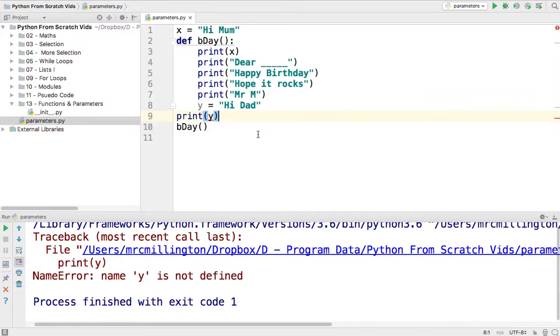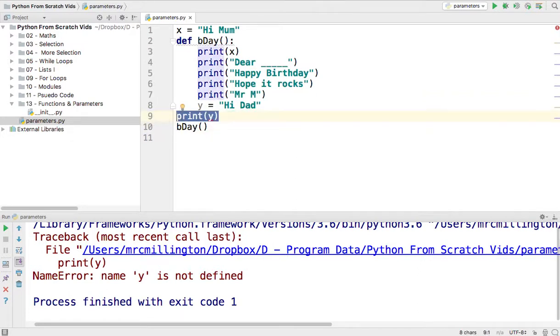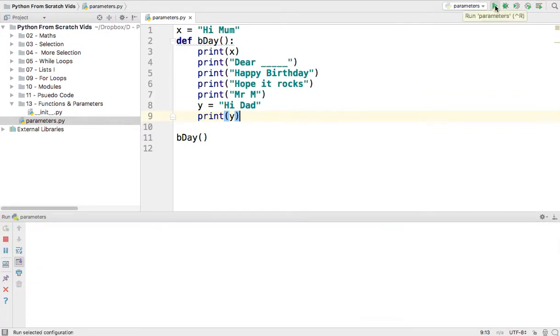And that's because of the nature of variables. X is a global variable. It can be accessed anywhere inside this Python file. Y is a local variable. It can only be accessed inside this method here. Say I change it now. Say I move this. Try that again. And I paste it there inside the method. It's indented too, you see. And fingers crossed,